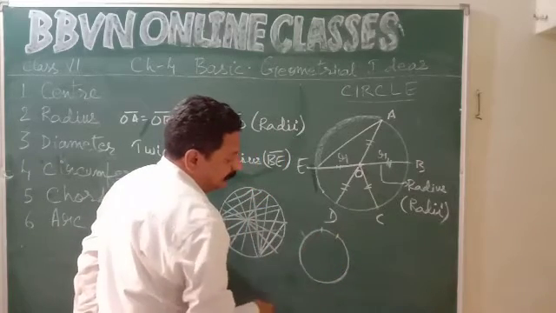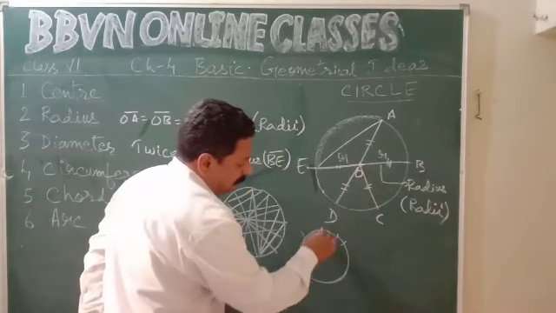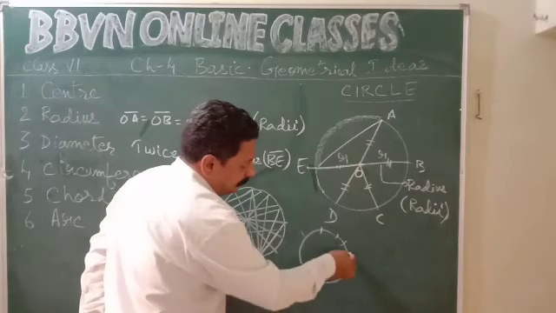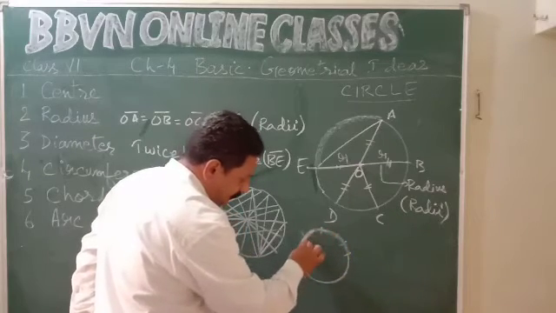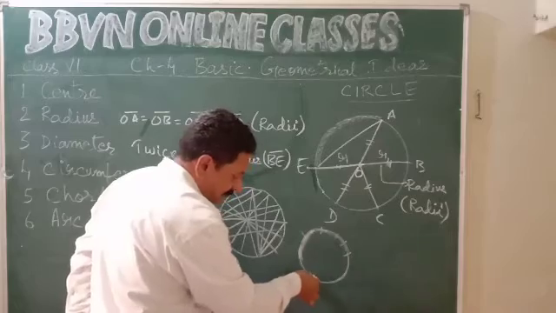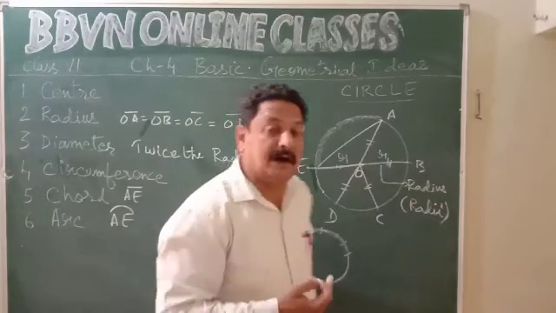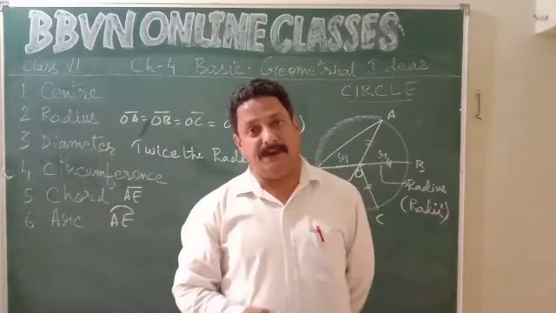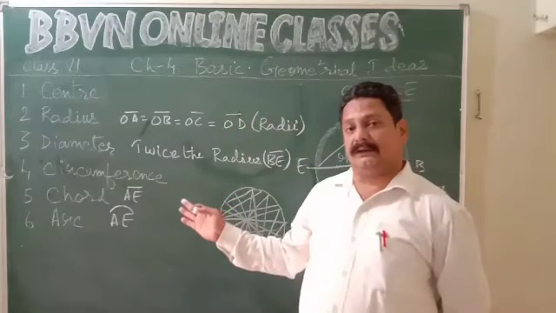In the same way you can have uncountable arcs. Take this part, it is an arc. This part is an arc. Again this is an arc. You can take as many parts of the circumference of this circle as you want. So you can have uncountable arcs, right? So this was about the circle.